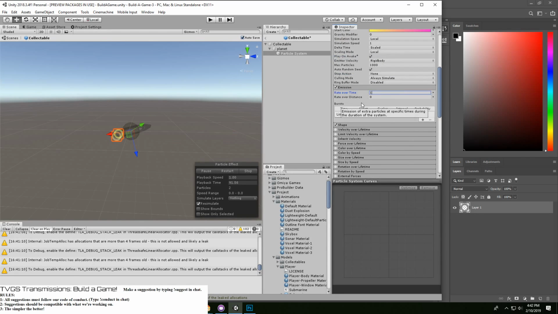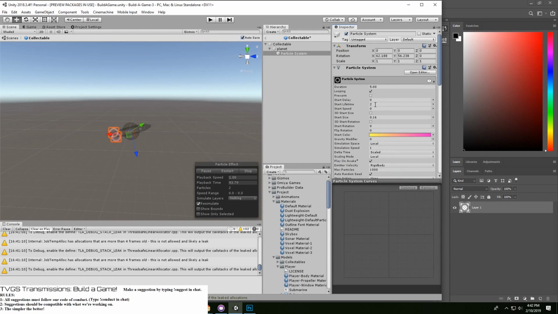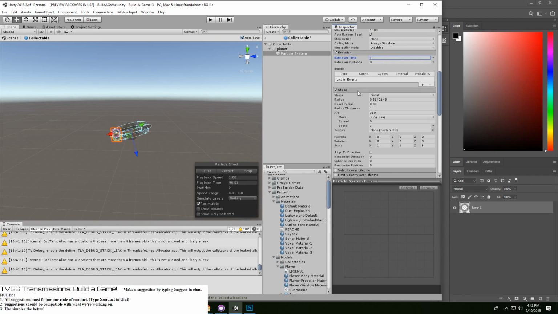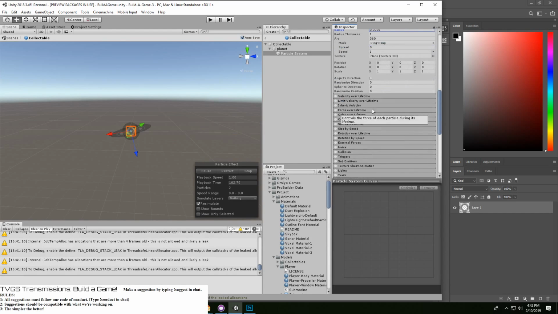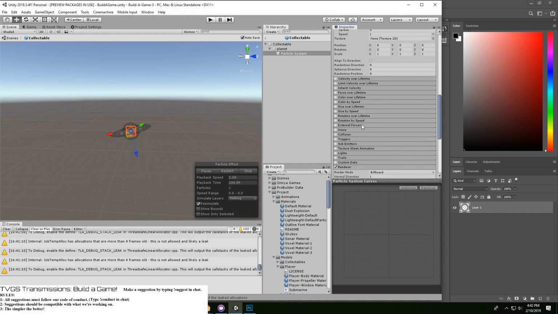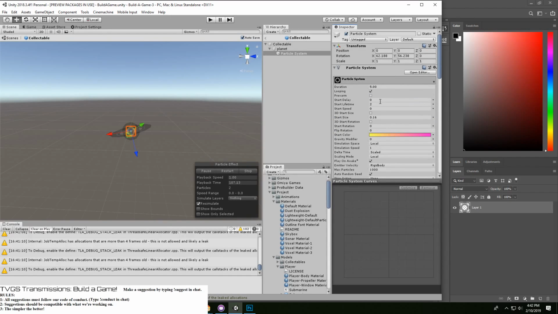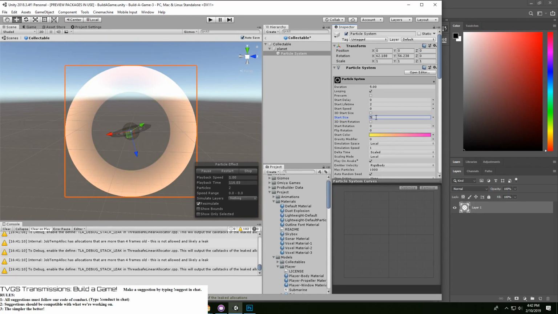And then right now we obviously want it emitting, the shape right here is currently set to donut. We actually want it to appear here and make the radius as small as possible. And then over the lifetime, so right now the size is set to this, but we probably want the size to be like this, or maybe even larger.